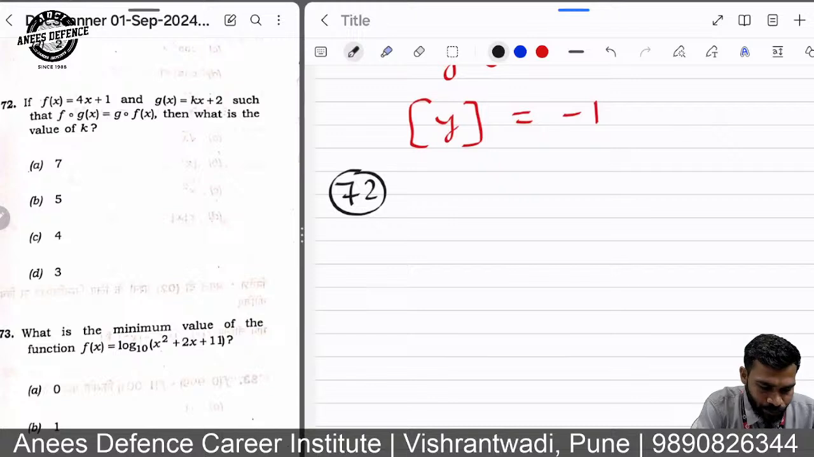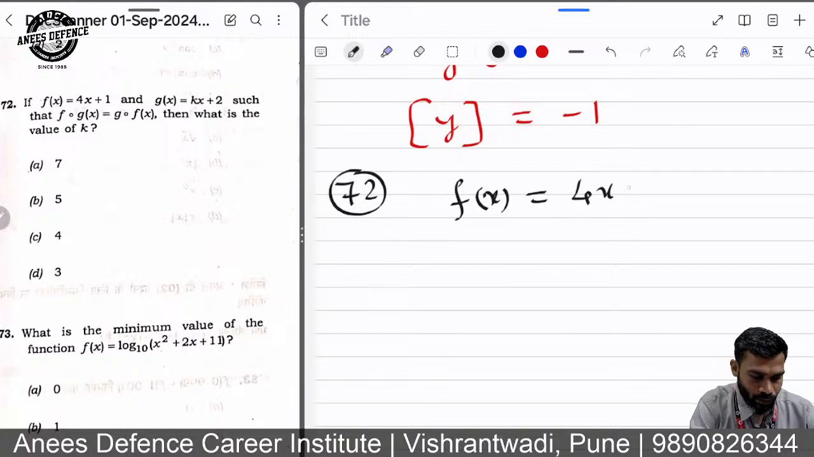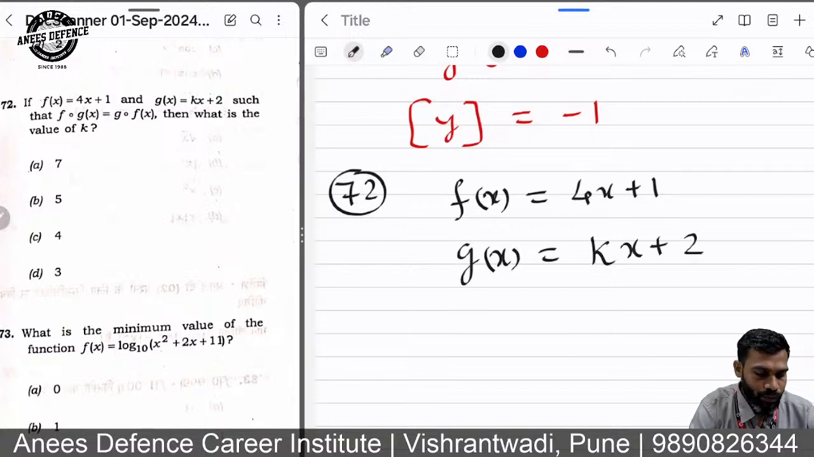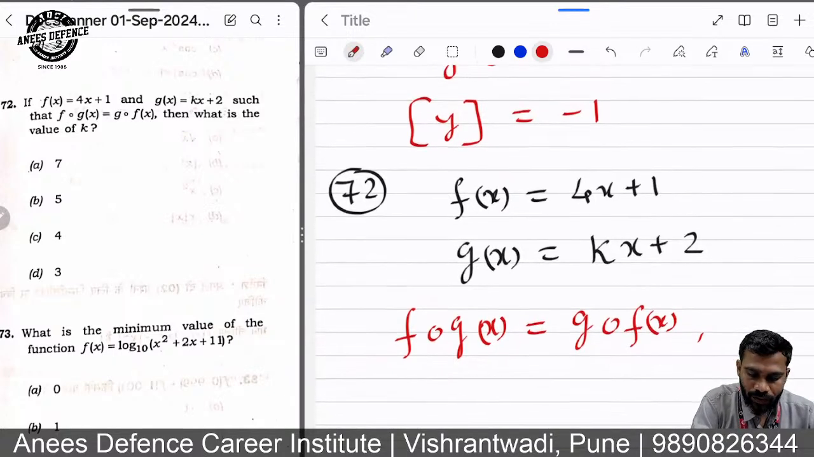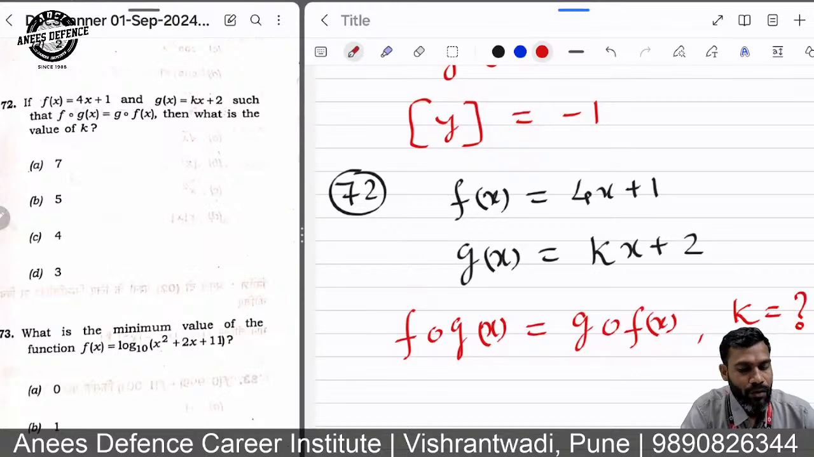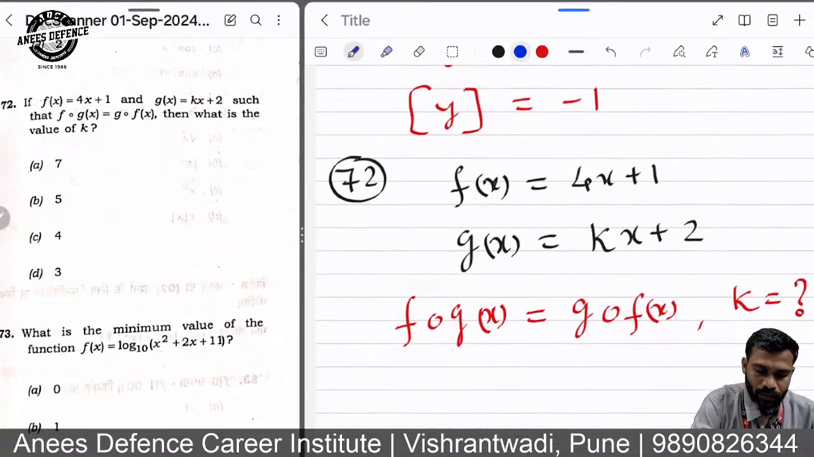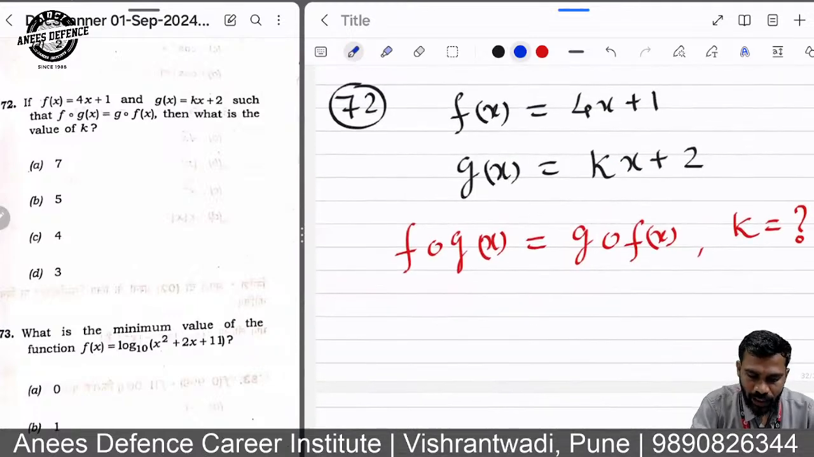See, what we have got? f of x is equal to 4x plus 1. g of x is equal to kx plus 2. And f of g of x must be equal to g of f of x. Then we need to find the value of k, right? So very easy question of composite functions, right? So f of g can be written as 4 times, now replace x by g of x, right? So 4 times